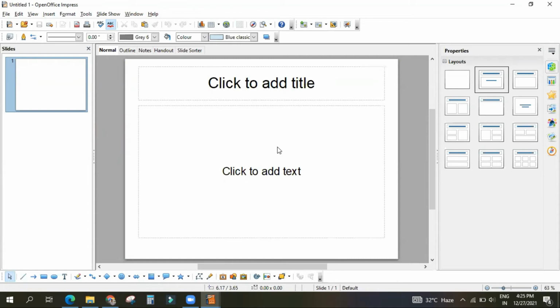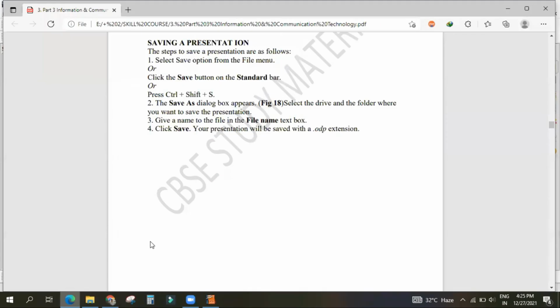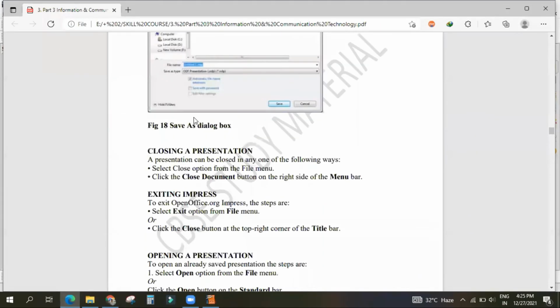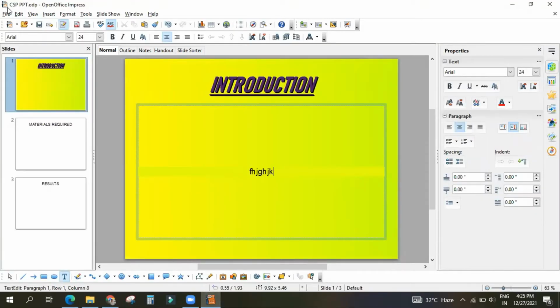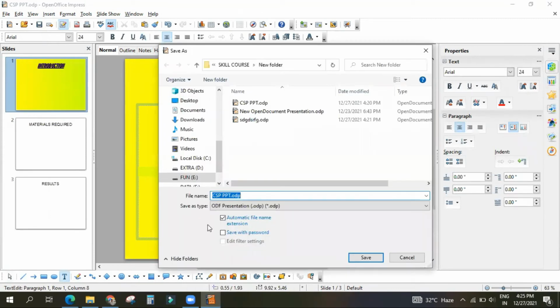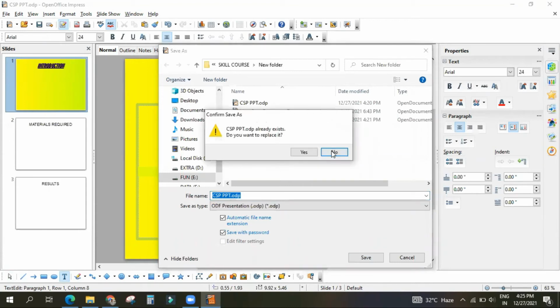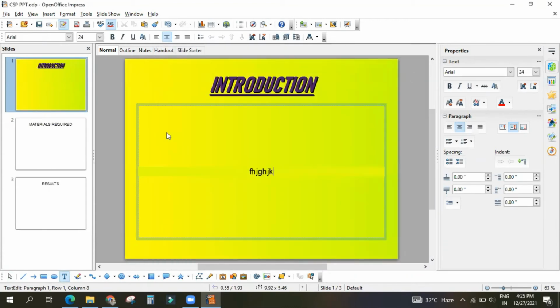Okay. So what next? Control. Suppose you want password protection, what to do? Suppose you want to have a password protection, then just click it here, yes or no. Then it will ask for a password, then you can give the password, and then only it will open.